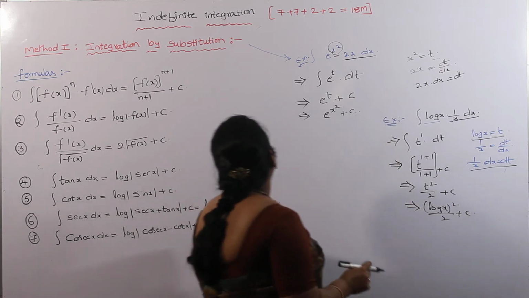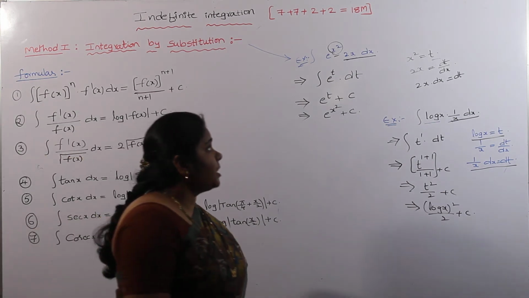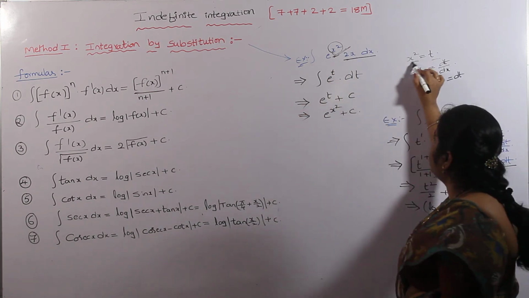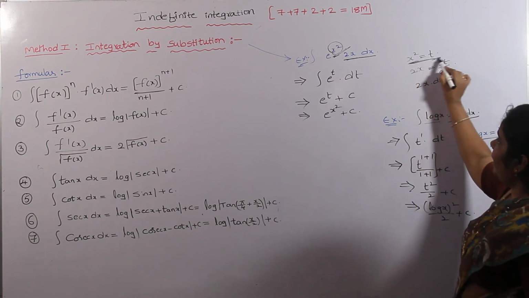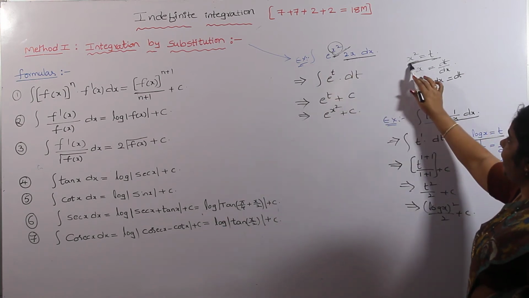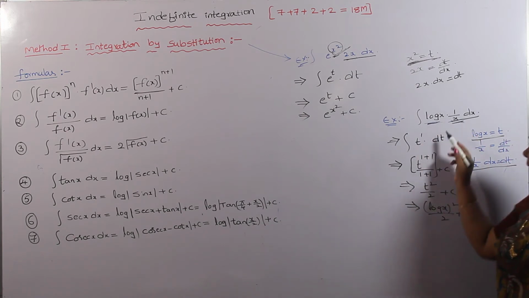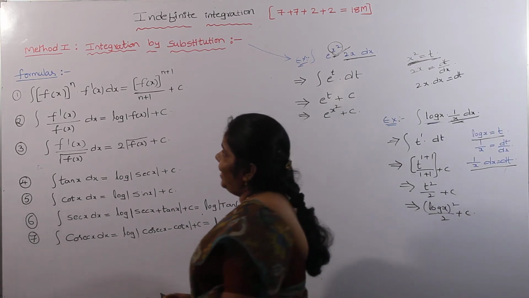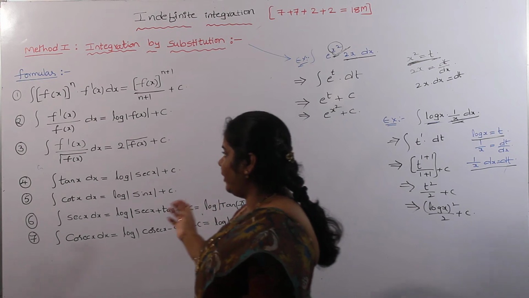These are the examples for the integration by substitution model. Something we have substituted here in this problem. What we have substituted here? What we have the differentiation, that is take it as t. Very important for VSAQ. Here x square differentiation is 2x, so we take x square equal to t. Next here also log x differentiation is 1 by x, so we take log x is equal to t. These are the examples for the integration by substitution. Based on this integration by substitution model, we have some formulas, very important formulas.